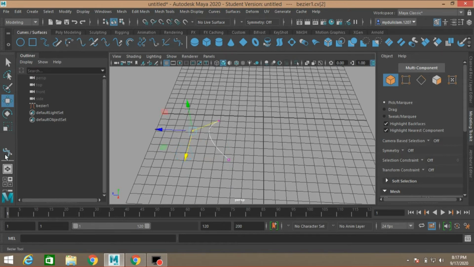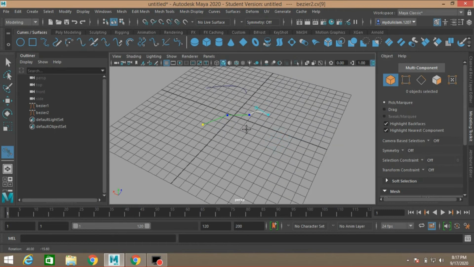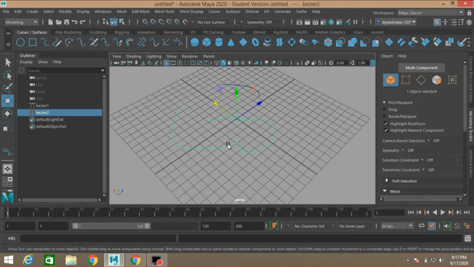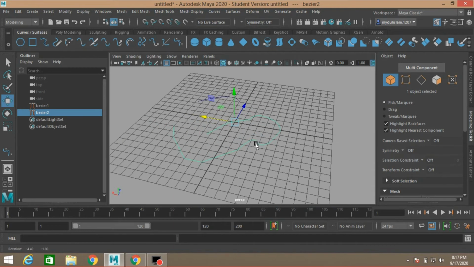See, now again select the curve, click 1 point here, 1 point here, and click. See, the Bezier curve, you can customize it as you like. See, or press X to snap to grid option, turn on and click. These are the properties of Bezier curve. Now select and press delete.